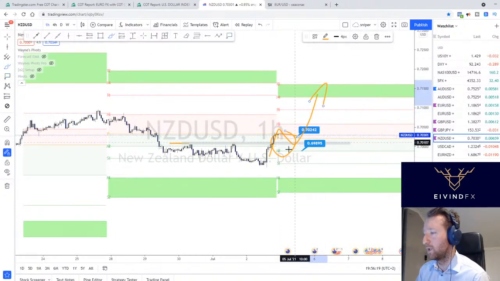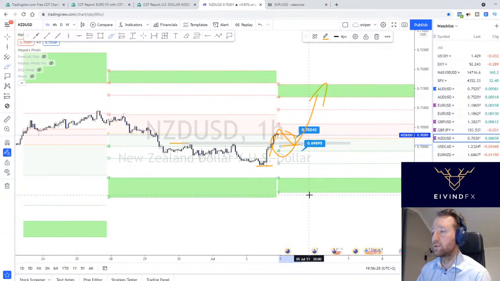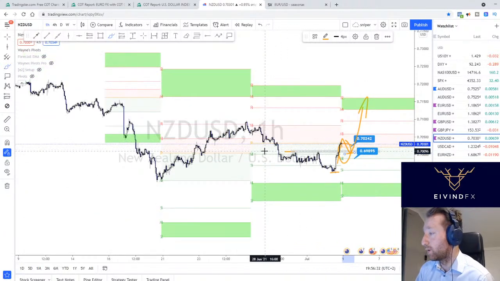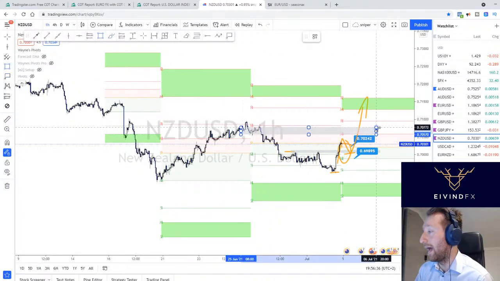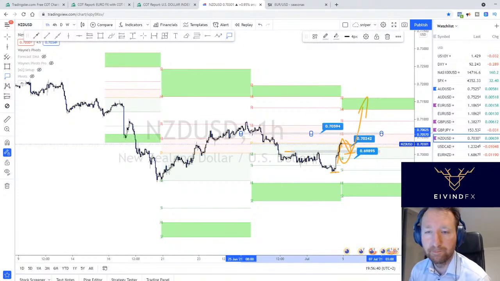Hopefully get price a bit lower. Your stop loss is below 69.50 and 70 is here. So probably around here is where you're gonna get your buys for next week. Is this bearish? No. Could it fall? Yes, it can. Where would you look to sell it? I wouldn't sell it, but around here maybe.